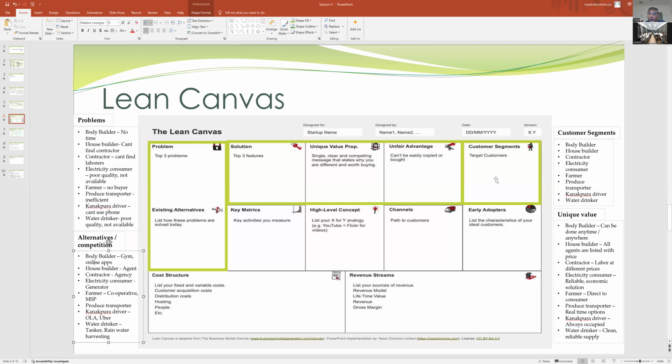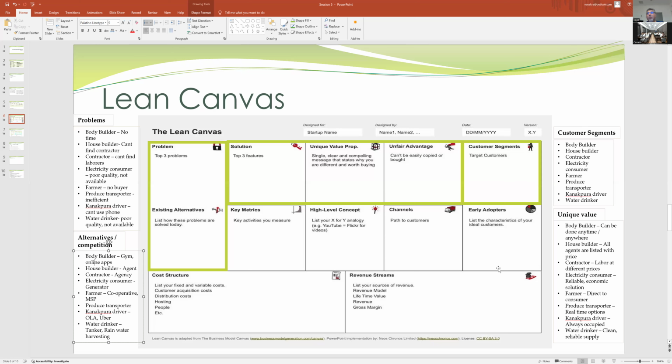If today there are some solutions, they are not applicable to this particular segment, and maybe they left that segment out. Why? Because they know they cannot pay, or they feel that this segment will not be willing to pay, and therefore they leave that segment out. Okay, so